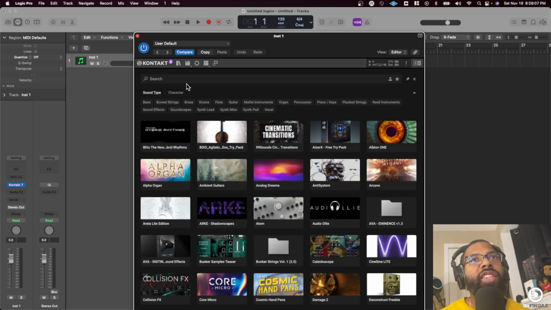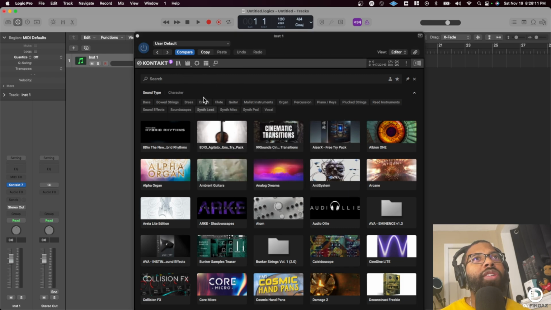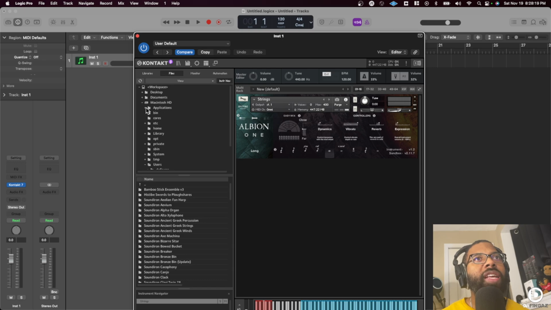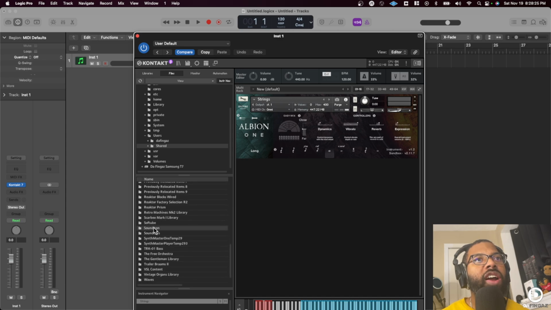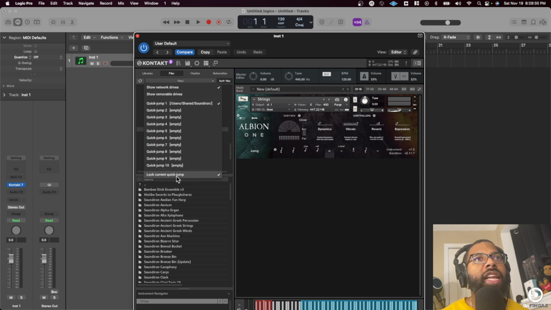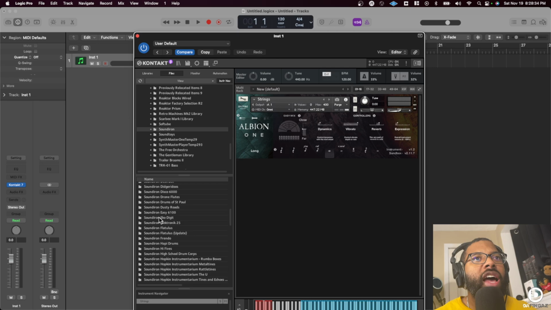For Soundiron, in this case, I have my particular Soundiron library saved in a specific place. If I go to files, I have them saved on my internal hard drive here because I have a lot of Soundiron libraries. So I go to my shared library and I go to Soundiron here. What I can do for this session is go to view and say lock current quick jump and it will lock that. And what we're looking for is the Soundiron